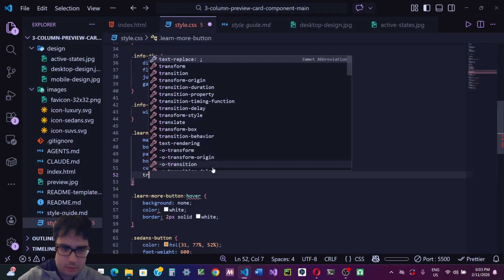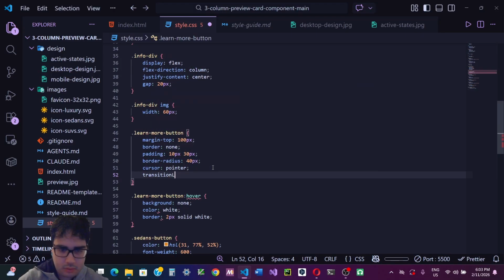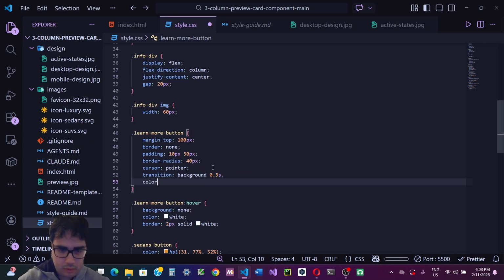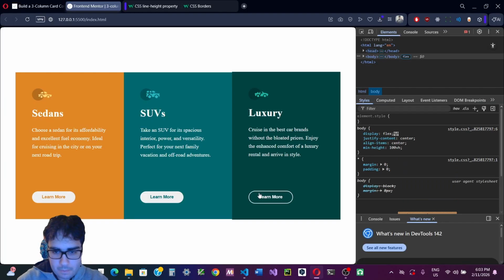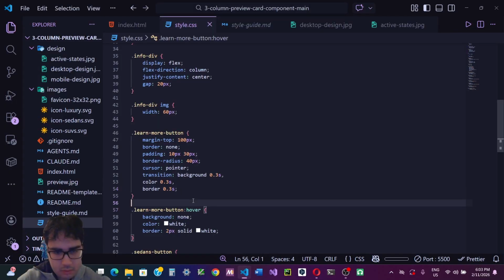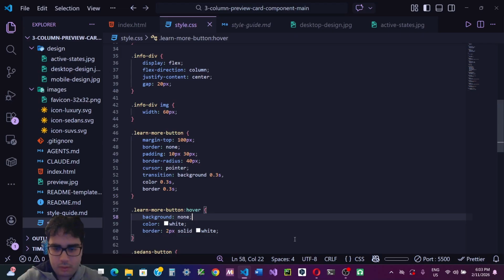So we're going to say transition: background 0.3 seconds, color 0.3 seconds, border 0.3 seconds. Okay, so now I think